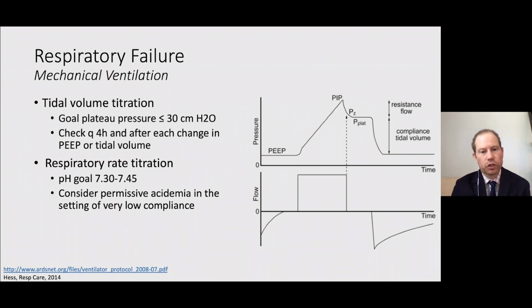One thing that's important when we're doing this is to measure the patient's compliance, measure how distended or how distensible their lungs are. And we do this by doing an inspiratory hold. And again, this is something that we can do in collaboration with our respiratory therapy colleagues to make sure that the patients are not over distended. And if they are, to adjust the ventilator largely by decreasing the tidal volume to decrease their distension.